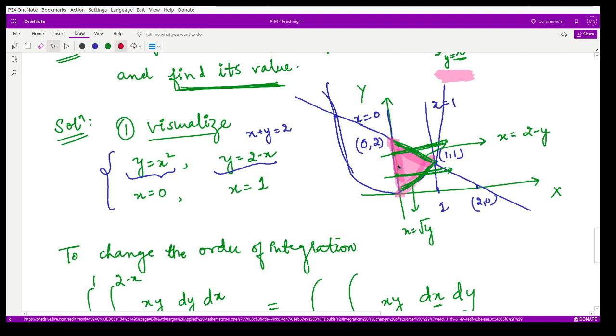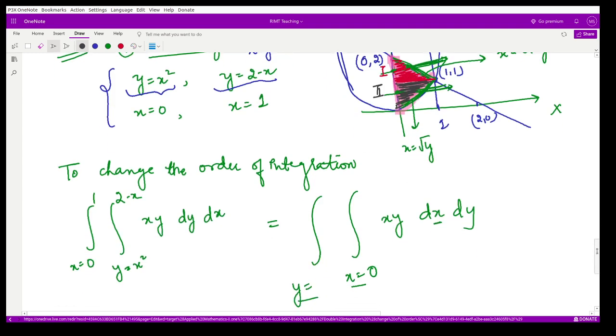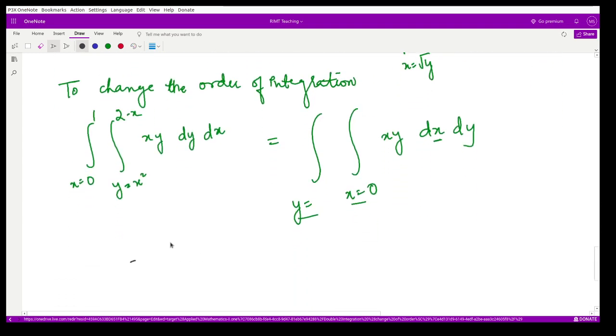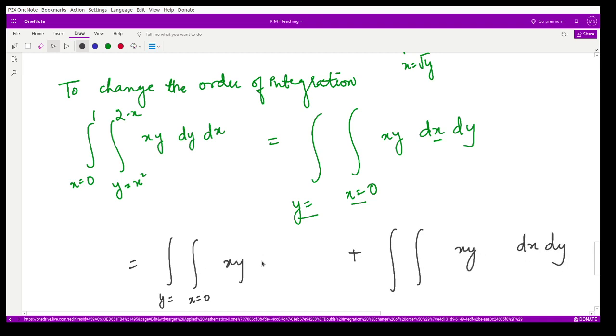So we just draw a line here. So this one is the upper region, say your region number 1, and this part is, say, your region number 2. So according to that, we divide our integration here. So it would be integration, the limits of y and the limits of x from 0 to something, plus again the function as such, dx dy.